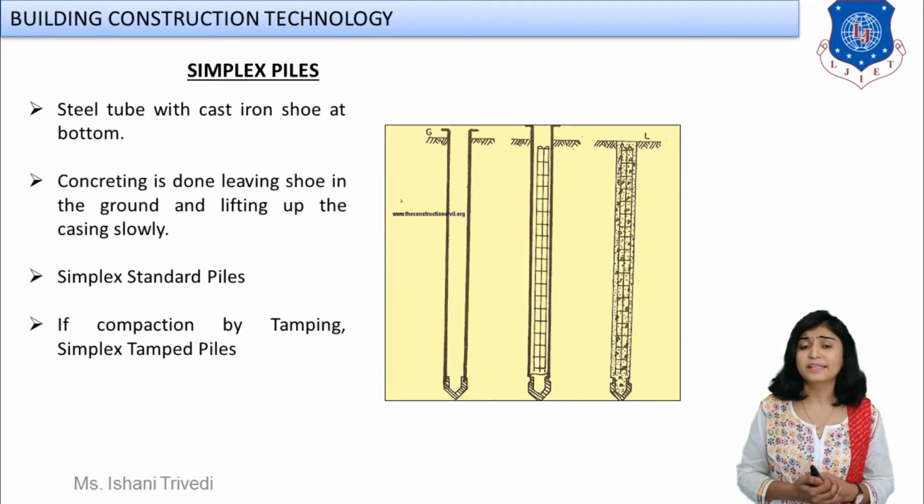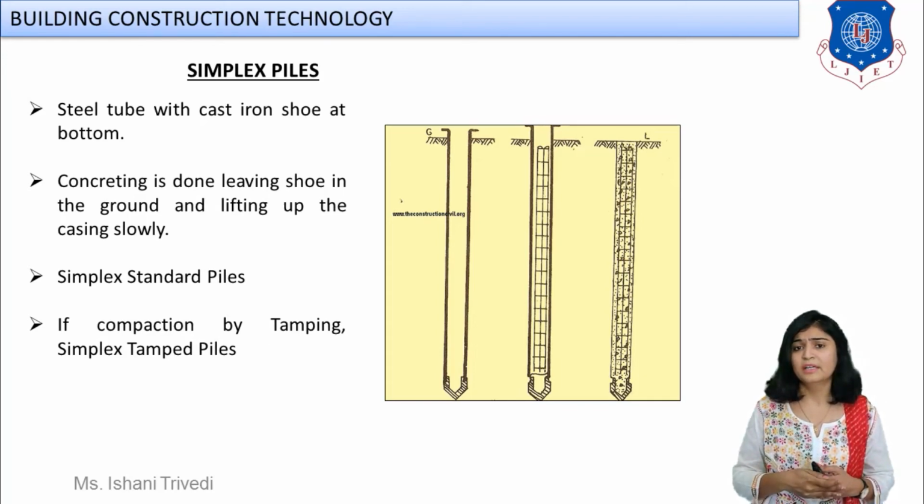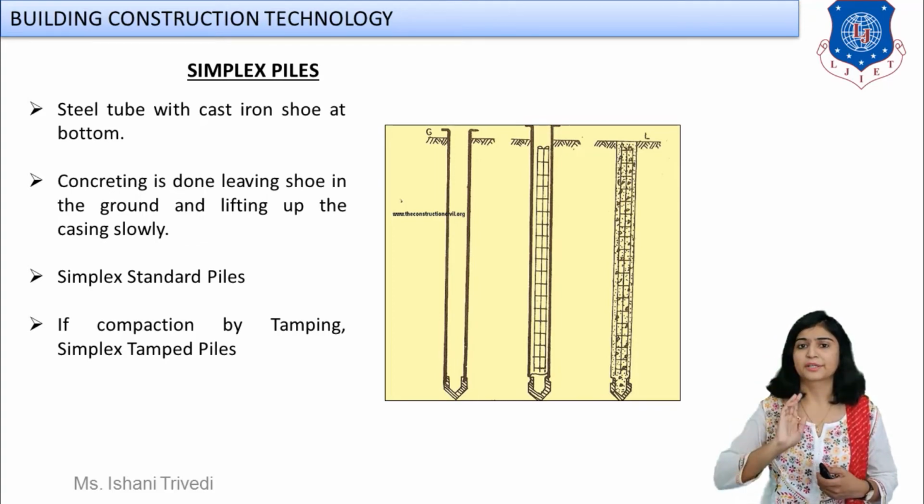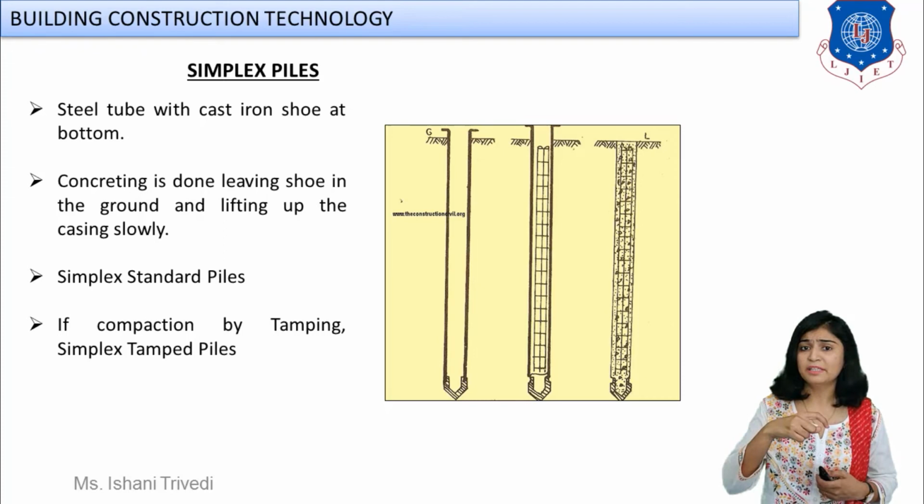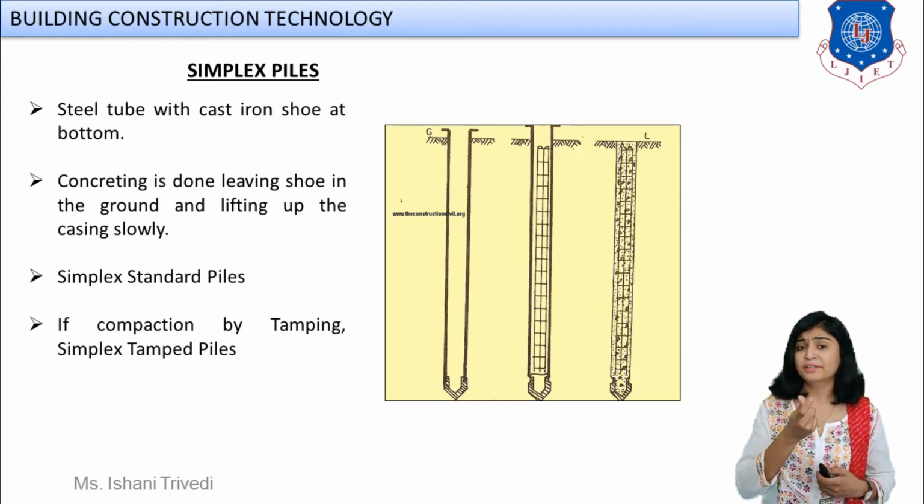Now what is uncased, right? It means that in the starting stages of construction, a steel casing will be driven into the ground for the purpose of concreting work. And once the reinforcement cage is laid and concreting work is done, the casing will be lifted back. And when it is lifted back, your member will rest permanently in the ground along with the concrete pile member which you have constructed.